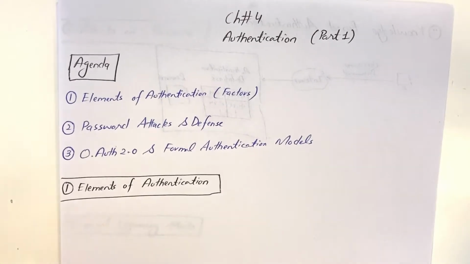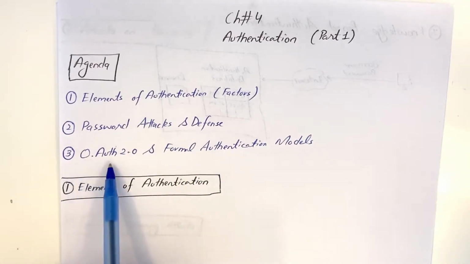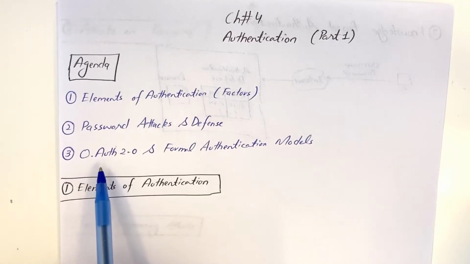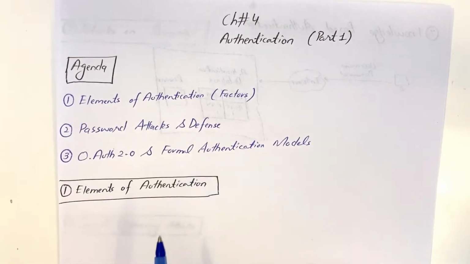Then we will discuss password attacks in detail, and we will discuss defensive schemes, how we can avoid those password attacks. And the last is OAuth. It's the authentication model for internet applications. We will talk about OAuth in detail, and then we will also discuss some formal authentication models that we use in our network. So, starting with our first agenda item, and in the first part of this video, we're going